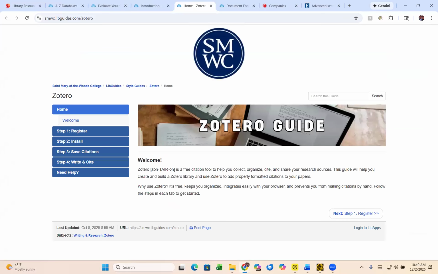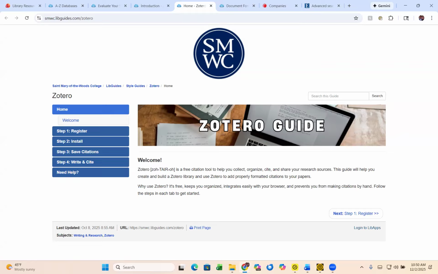Maybe some of you are already familiar with Zotero, and that's great if you are. If it's something that's new to you, one of our other research services librarians, Keela Vila, did a wonderful job putting this together for us for how to both get oriented towards Zotero, how to register, how to install it. But Zotero is a citation tool, as it notes here, that helps you collect, organize, cite, and share your research